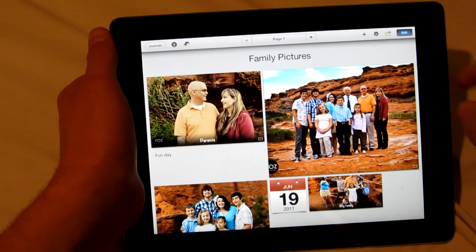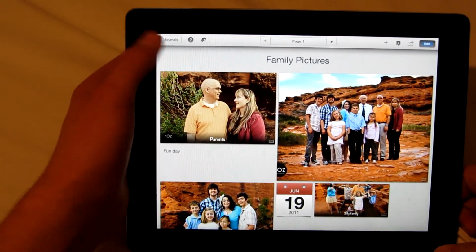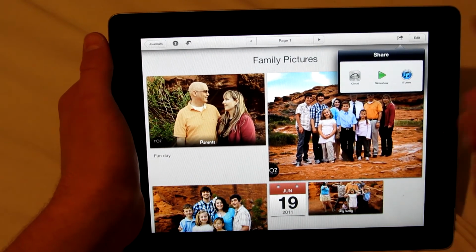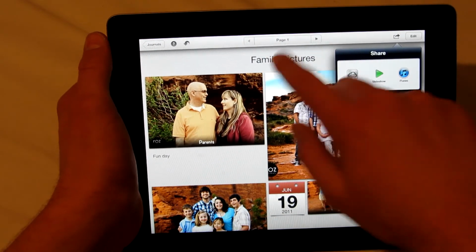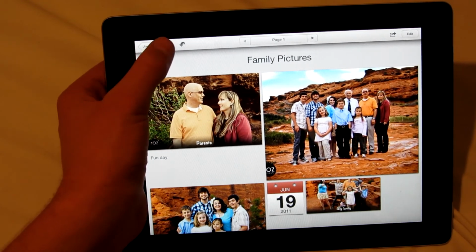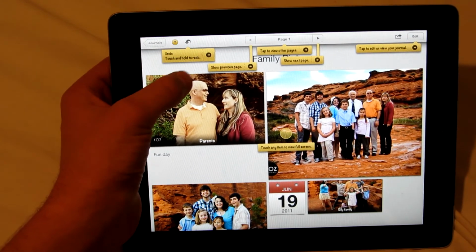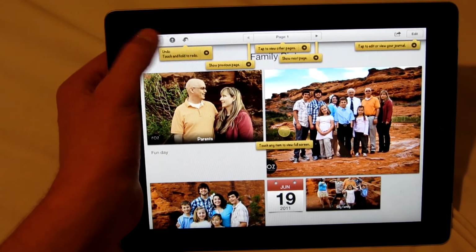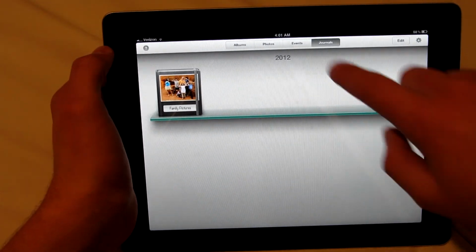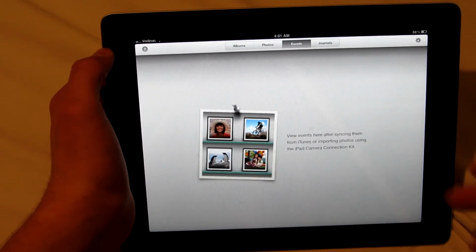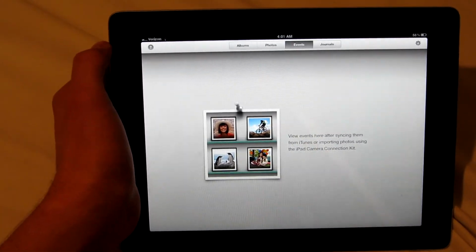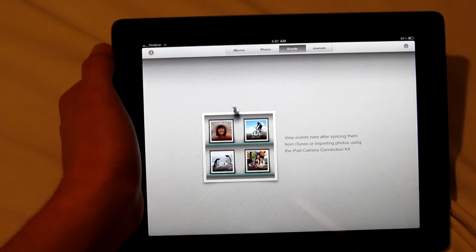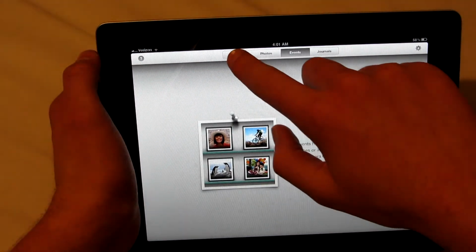And then you can go ahead and share that as well to all the different things that I showed you earlier. Get out of the edit mode and you can see that. Oh, so iCloud, slideshow, and iTunes, you can go ahead and share that too. And then you got this little question mark right here, so if anytime you guys need help on knowing how to do everything, you can go ahead and tap that to get out of it. And then you got events right here, just creating an event of one place. Like if you were to go to the beach, you'd put all your photos right there and edit all that way. I'm not going to go into that, but